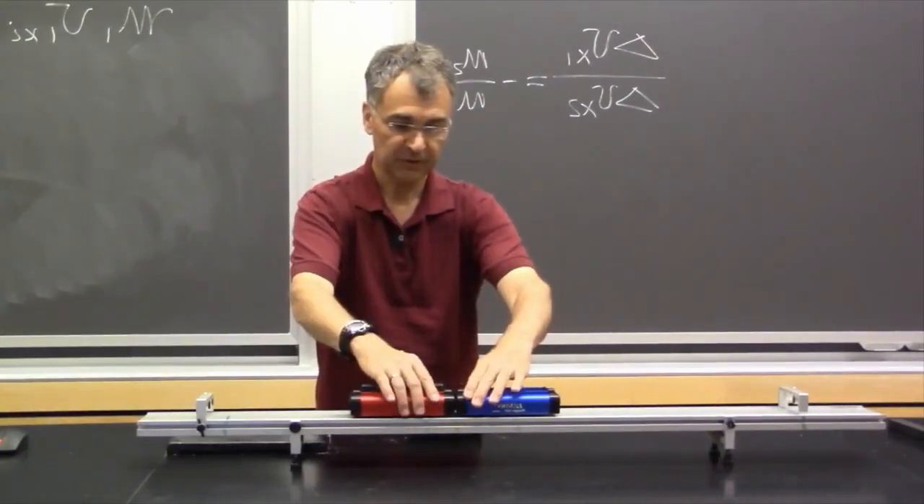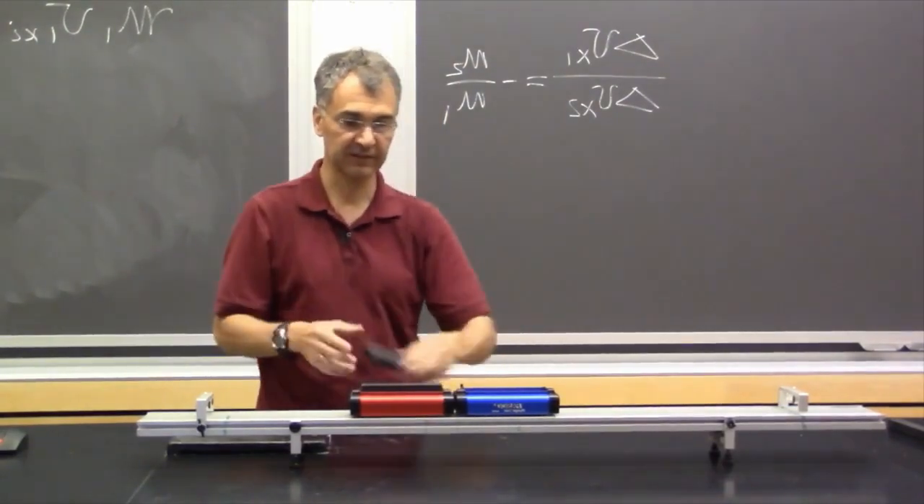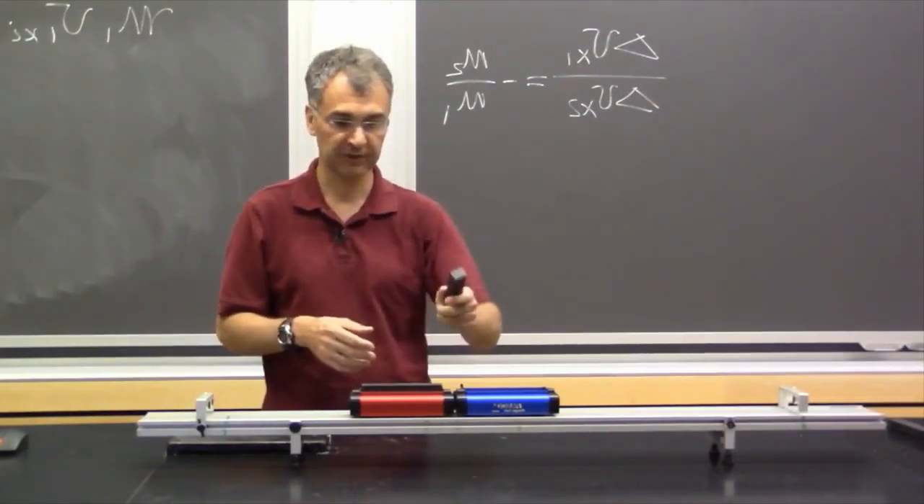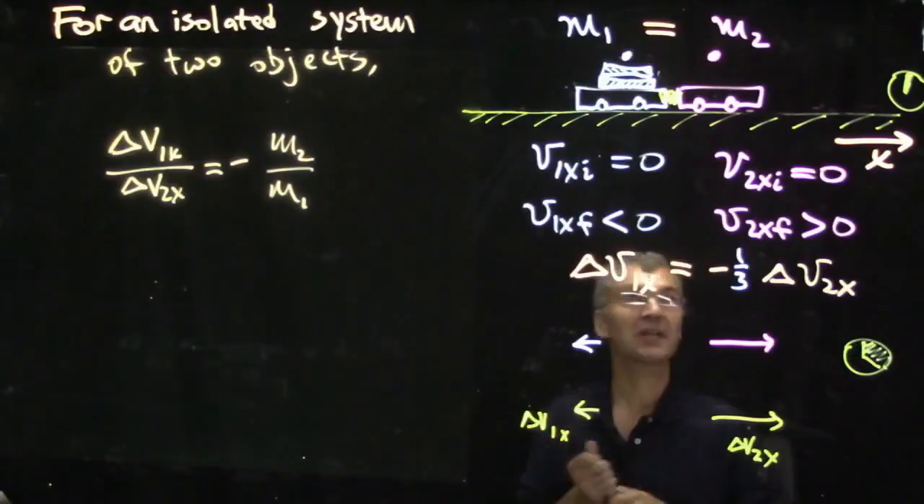So you can see the blue cart travels twice as much distance as the red cart does after they separate, which confirms the idea that the speed of the blue cart is twice the speed of the red cart after they separate. I'll bet you guessed what's coming next, so let's do the same thing now, but with a 3-to-1